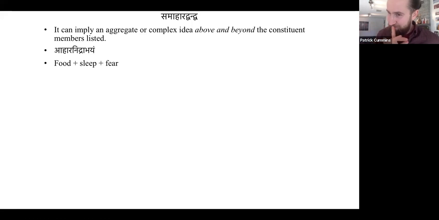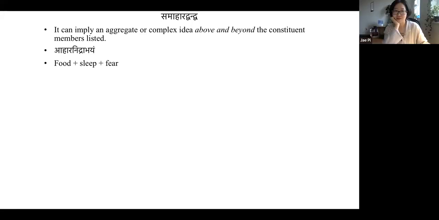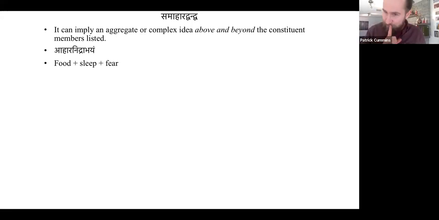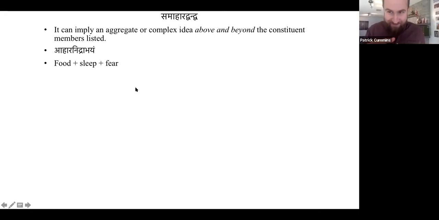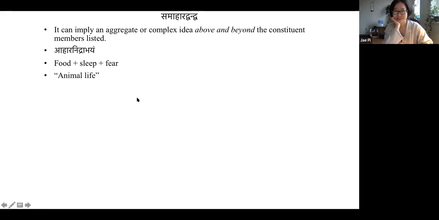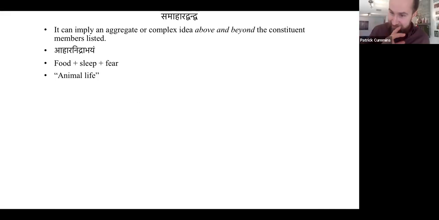I see some faces looking like you're sort of thinking about it. Just say something. It really doesn't matter too much. Could it be like these three is a stock list of something? Exactly. If you had to guess as to what that something is. Basic human condition of existence, maybe? Very good. Very close. Animal life. But that's exactly right.